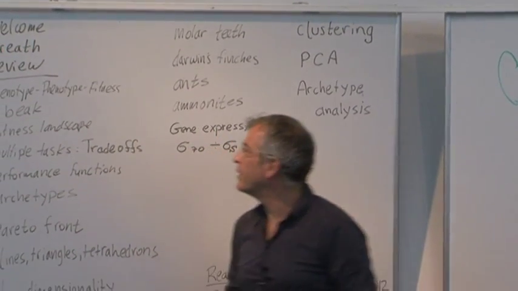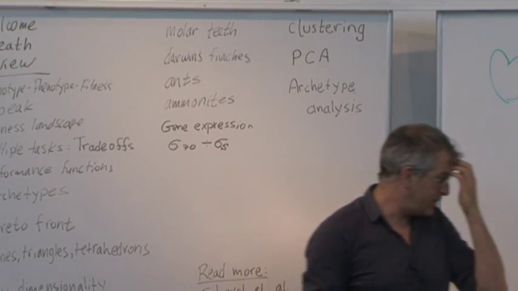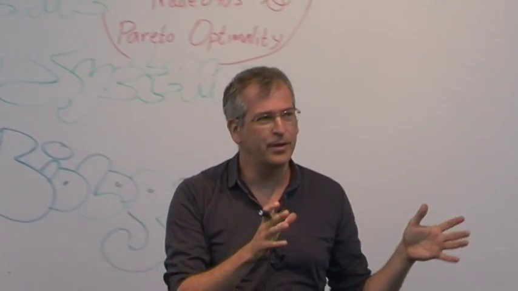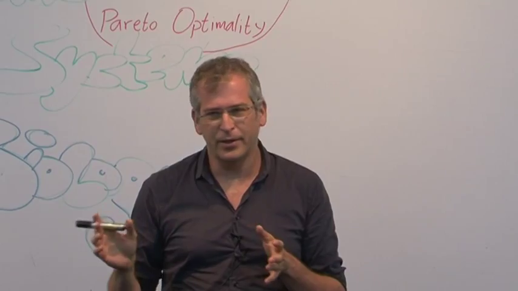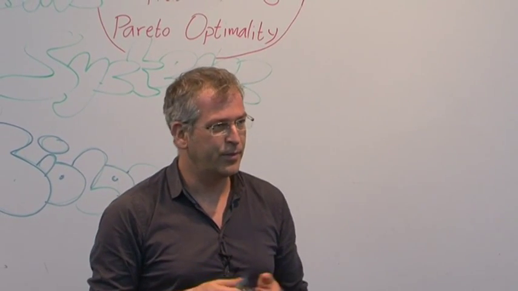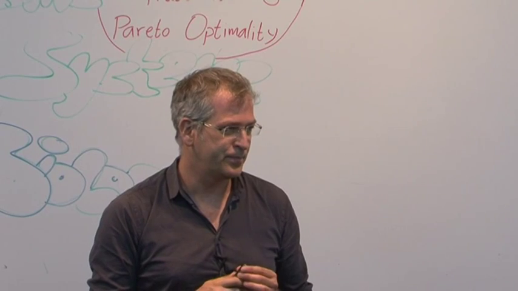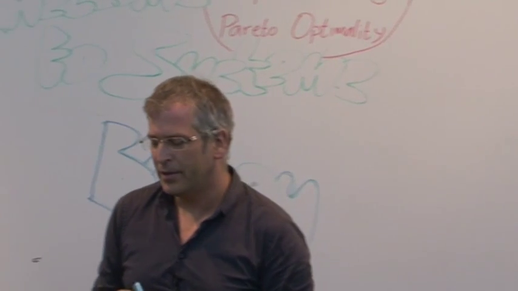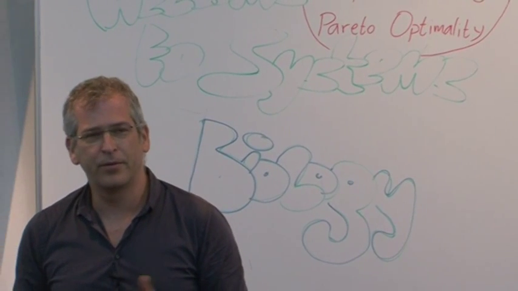All right, so we did the welcome and the breath. And I start by reviewing. As you remember in our course, after doing network motifs, then talking about robustness, we're now in a period of lectures about evolution and optimality. And the first lecture in that topic last time talked about the concept of the fitness function,